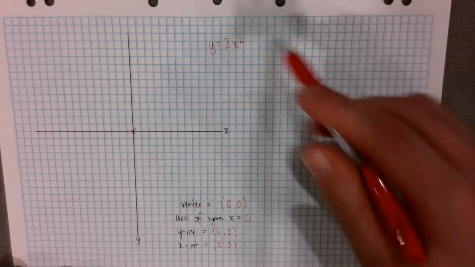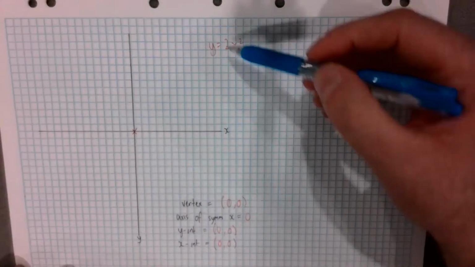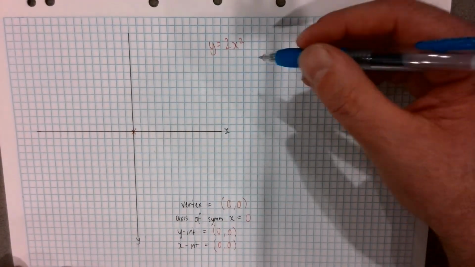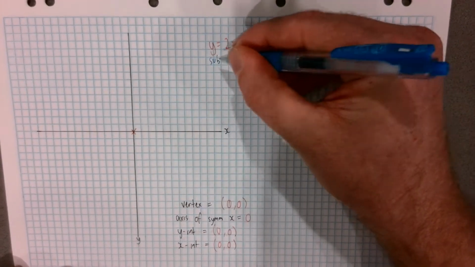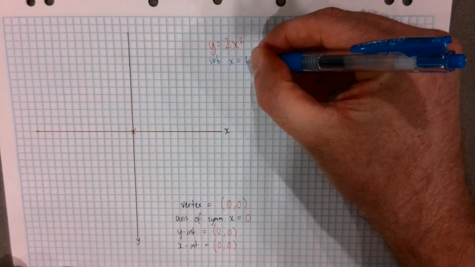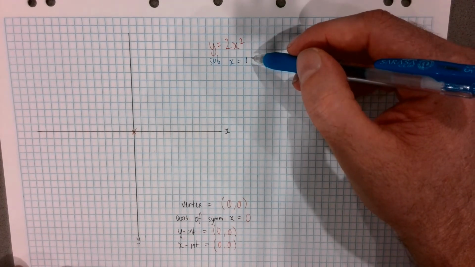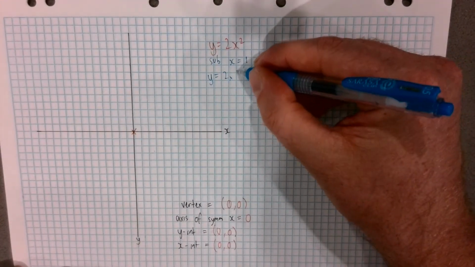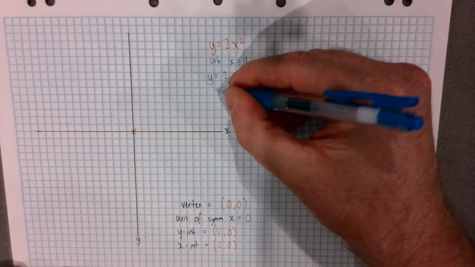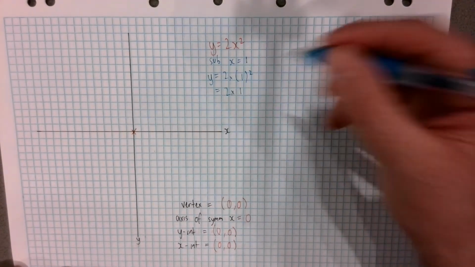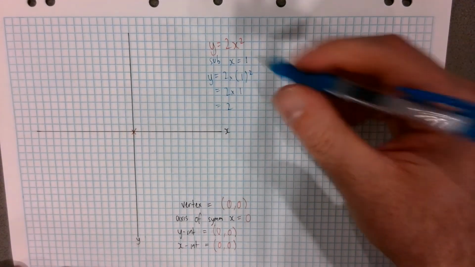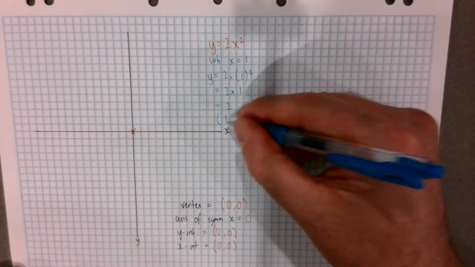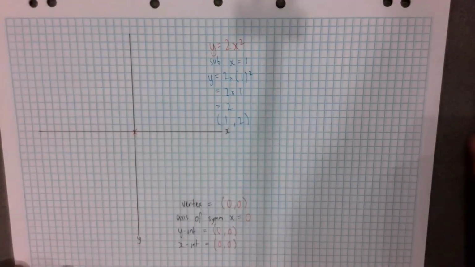So what we actually need to do is, I guess, substitute another value into this equation to help us find another coordinate and roughly sketch that parabola. So let's go ahead and substitute x equals 1 into this equation. Keep it simple. So in that case, y equals 2 times 1 squared, which is 1 squared is still 1, and 2 times 1 is 2. So another coordinate on this parabola, when x is 1, y is going to be 2. Okay, so we can go ahead and mark that